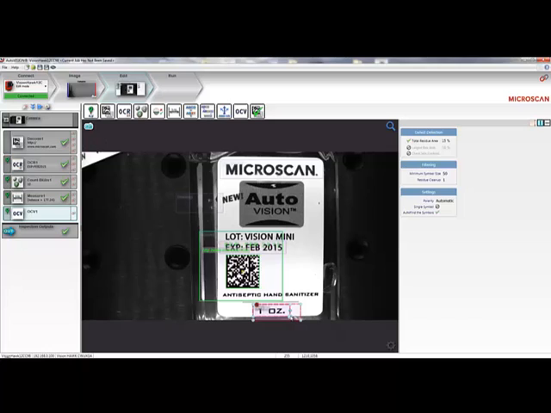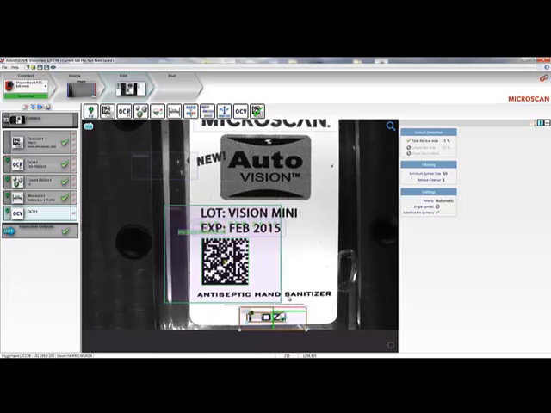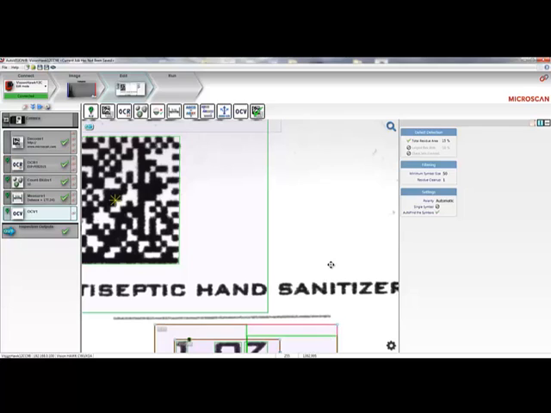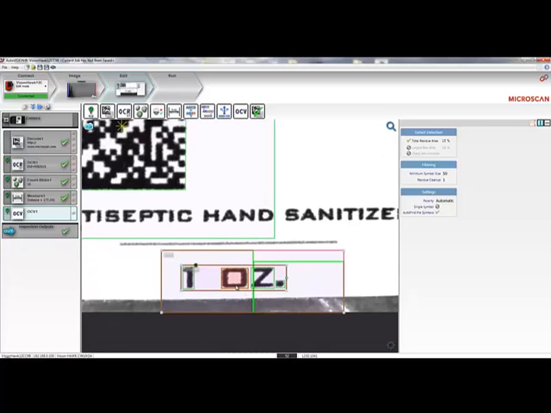I'll drag in the OCV tool and set my training window around the 1 ounce. Train on these characters, and when I zoom in, we can take a closer look at what the tool has been trained on. If I click on a character, you can see that the tool has been trained on this shape. It's currently inspecting this shape, and there are no differences, so the tool passes. If the printed text changes or isn't printed with the same quality, the tool will fail, and you can reject